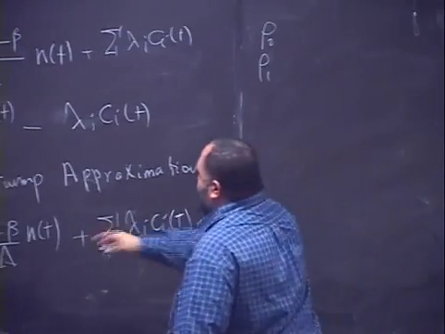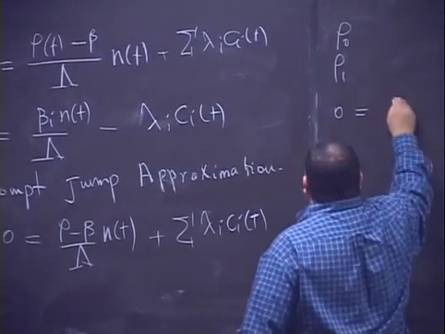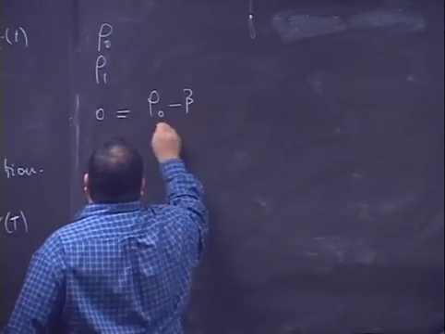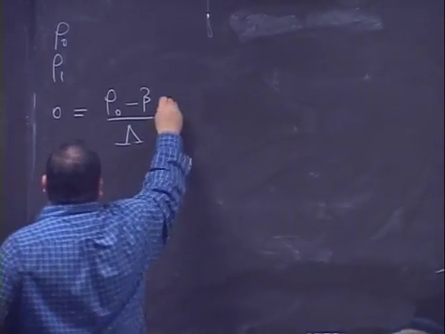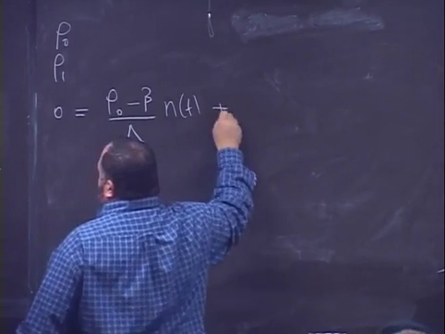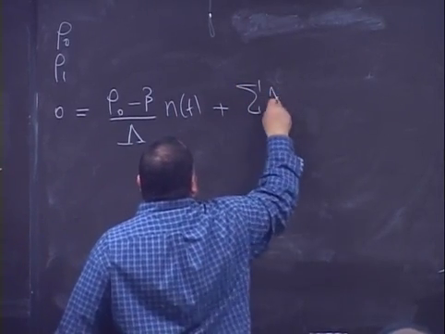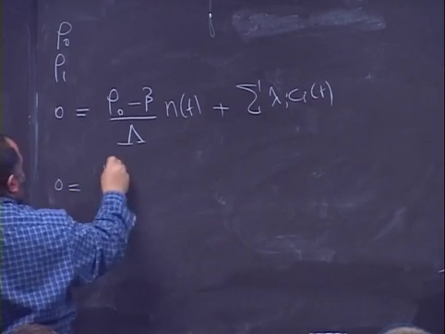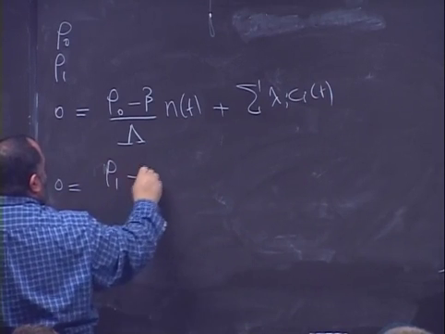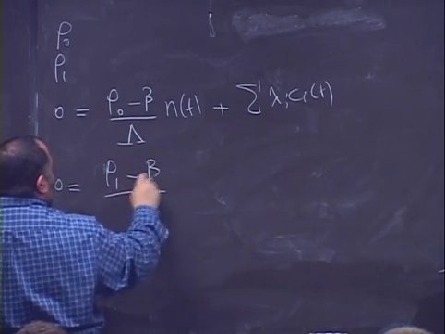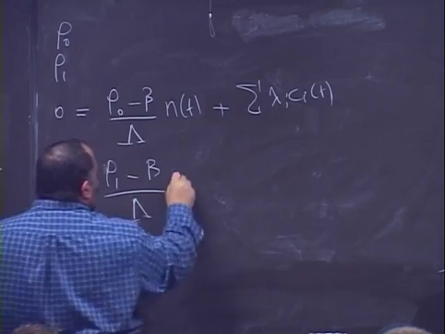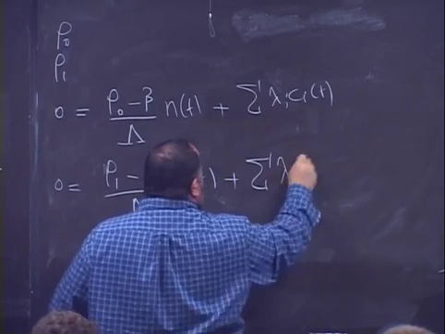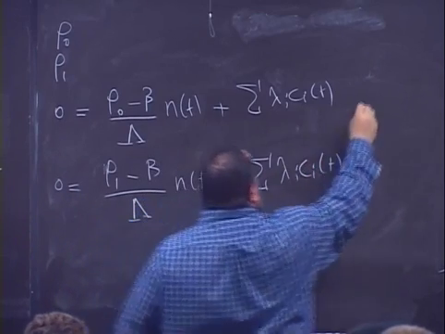So in this case we can say that 0 equals rho naught minus beta divided by gamma times n of t plus summation of lambda i ci of t, and the equation at rho 1, the new situation for your reactor, will be rho 1 minus beta over gamma multiplied by n of t plus sigma lambda i ci of t. So this is before